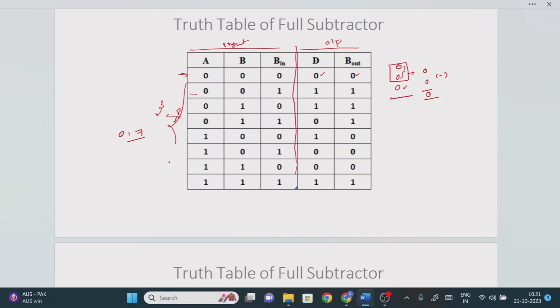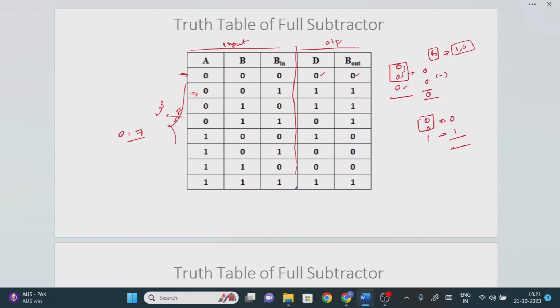Now we will perform the subtraction for 0 0 1. First I am going to consider these 2-bit numbers. What is the difference? 0 minus 0 is 0, and this value is 1. Now if you observe here, you cannot subtract 0 minus 1 directly. For that, what is required? We require the borrow value. As in the digital number system, it may be 1 0. The binary number system consists of only 2 numbers: either you can take 0 or you can take 1.